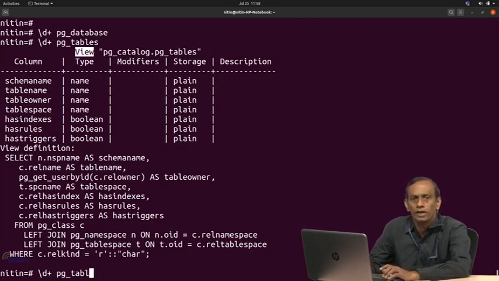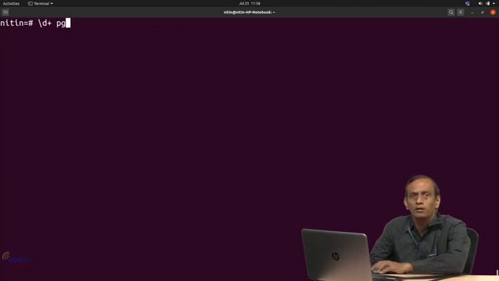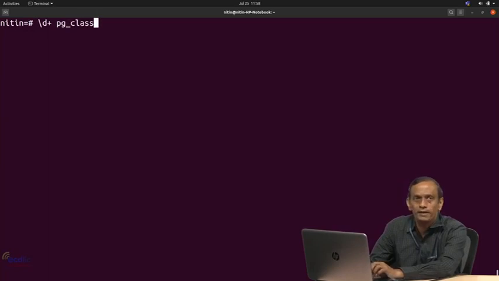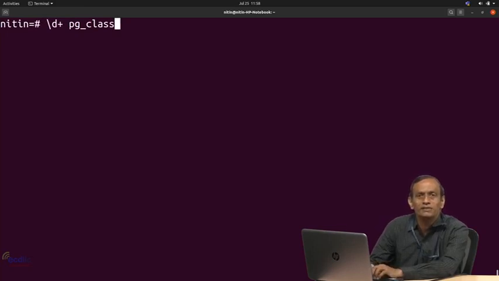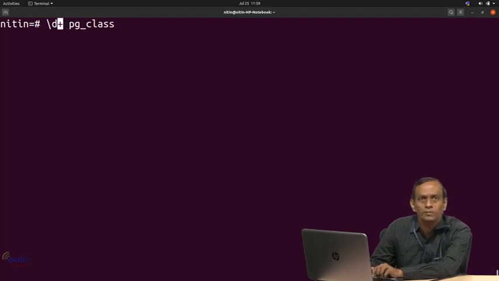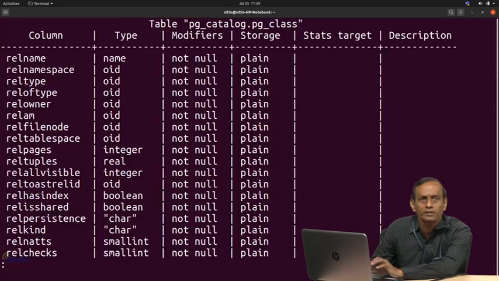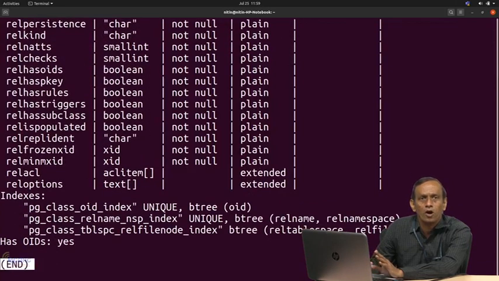Now, we are more interested in a table which is not a view. The main important table which we are going to use a major number of times is pg_class. This pg_class is a relation which stores information about every object that you create in the database system in Postgres. So, if you write \d, let us keep the plus, relname, all these things, and you will see it has OIDs.